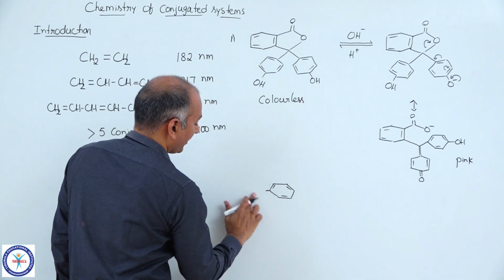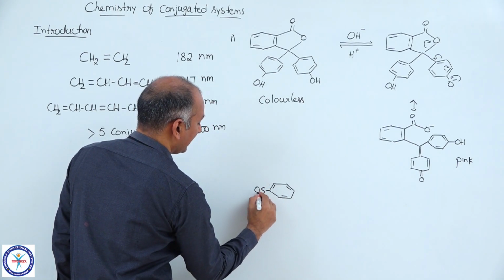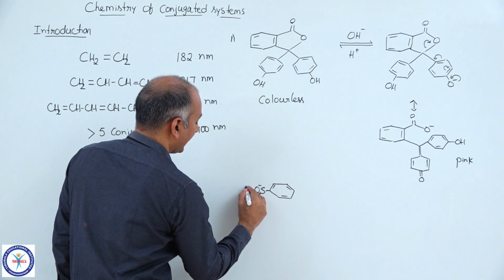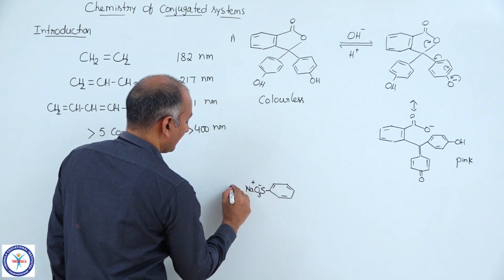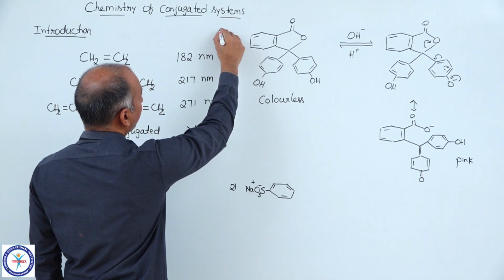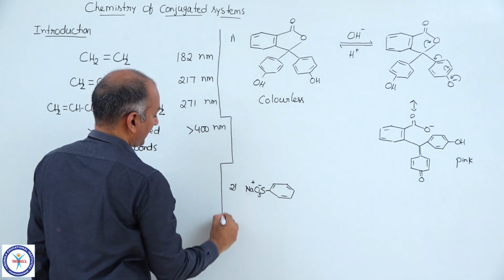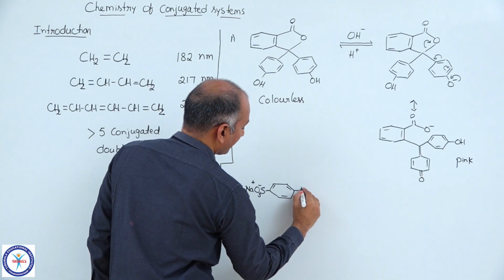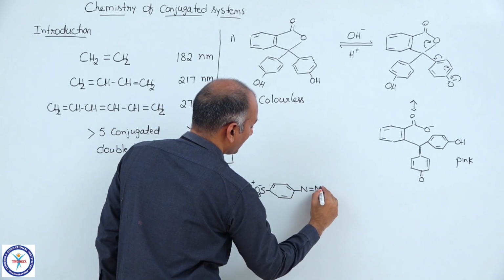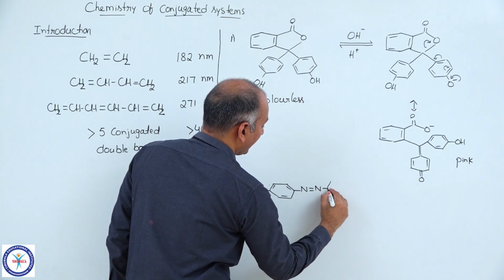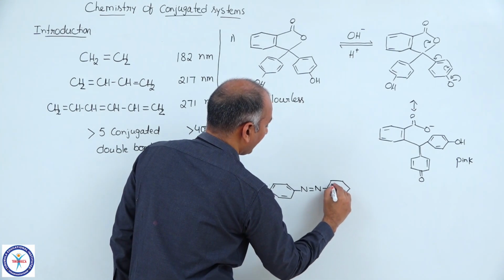Here we have SO3 minus Na plus. And here diazo link, and here we have benzene ring,